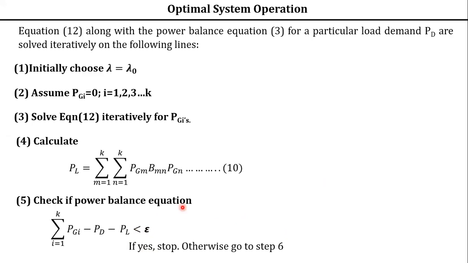So that is the final equation. That will be the final solution. Otherwise go to step 6. What is step 6? So increment, first you assume some lambda, isn't it? Now increment this lambda